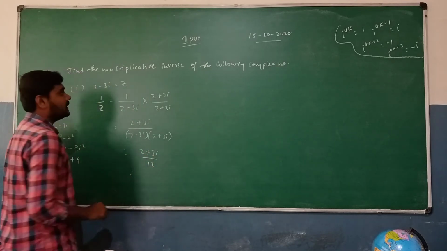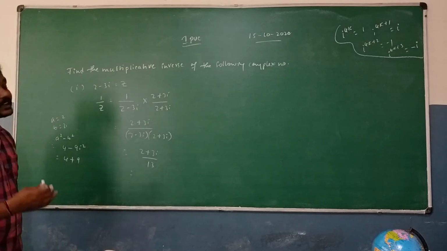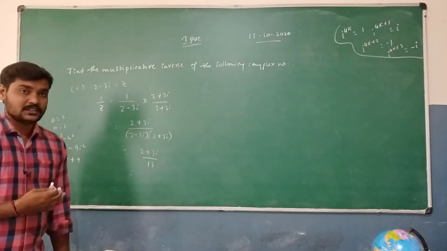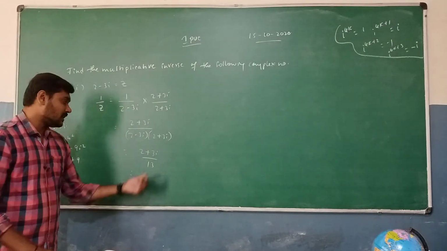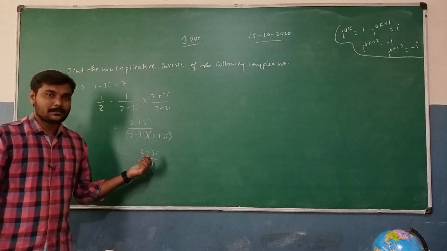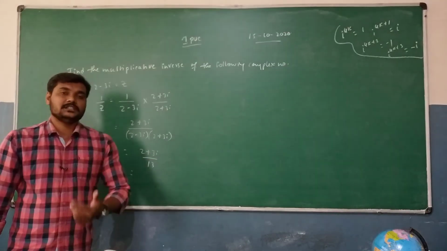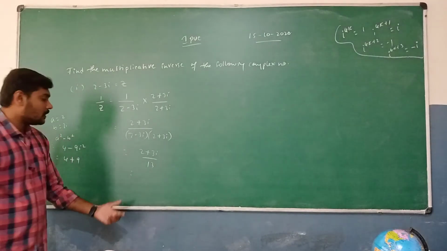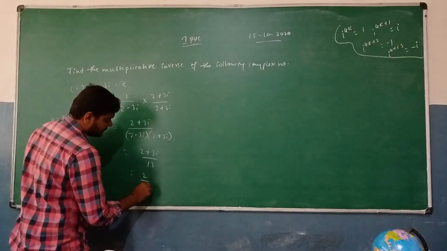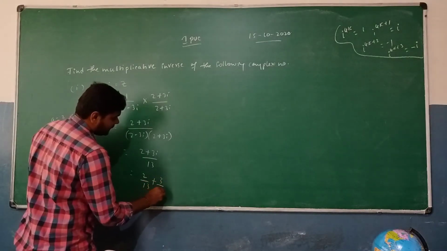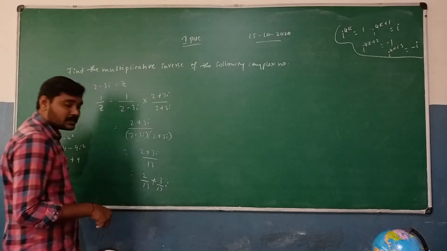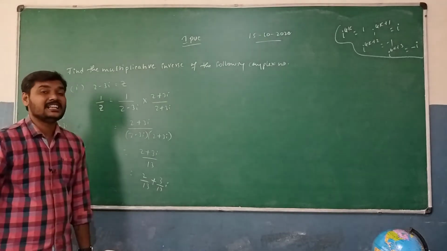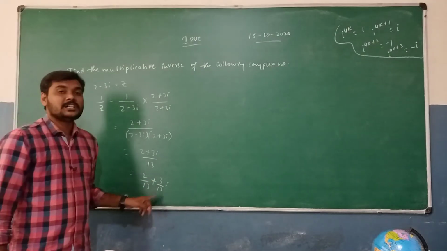So we already discussed the closure property. The closure property says that if any operation is done between any two complex numbers, then the resultant is also going to be a complex number. Is this in the standard form of a complex number, z is equal to a plus ib? No. So you need to convert these things to the standard form. To convert, we can write 2 divided by 13 plus 3 divided by 13 i. Okay, this is in the standard form of a complex number, where a is equal to 2 by 13 and b is equal to 3 by 13.